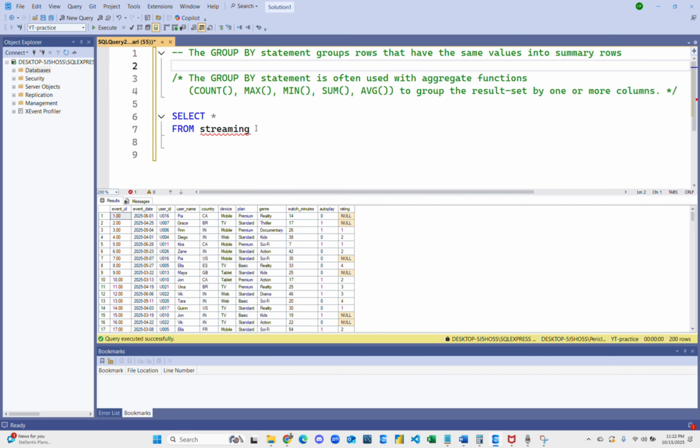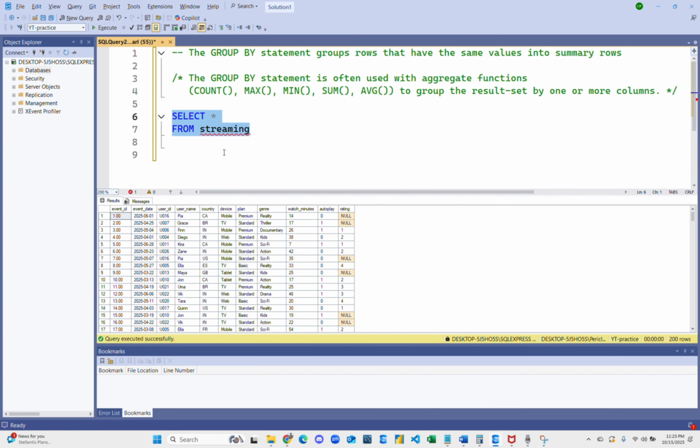This video is good for you if you're starting off learning SQL and you really struggle trying to understand the GROUP BY statement. The whole goal of this video is for me to try to dumb it down for you guys, explaining step by step how to use the GROUP BY statement and how to really input it into your code. So I do have this data set right here that we're going to be using,